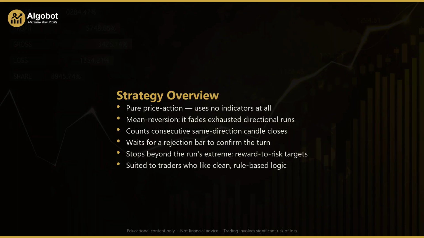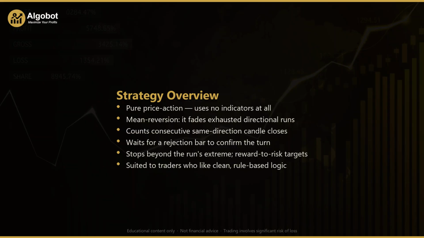Let's dig in. So what exactly does Streak Exhaustion Fade do? At its heart, this is a mean reversion strategy. The idea behind mean reversion is that when a market stretches a long way in one direction, it eventually runs out of fresh participants and snaps back toward an average. This expert advisor measures that stretch in the simplest way possible by counting consecutive same-direction closes. When price prints one lower close after another, that's a falling streak. When it prints one higher close after another, that's a rising streak. Each additional close in the same direction recruits the last marginal buyers or sellers, and when that supply runs dry,